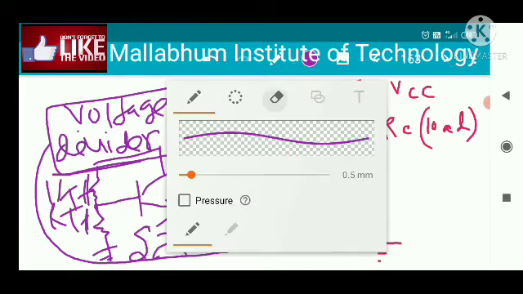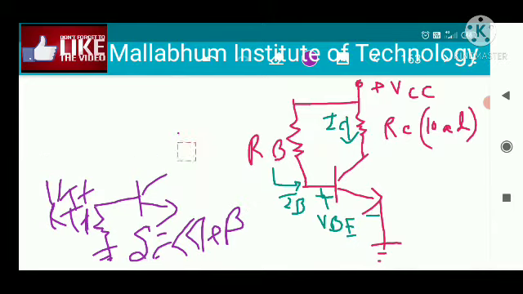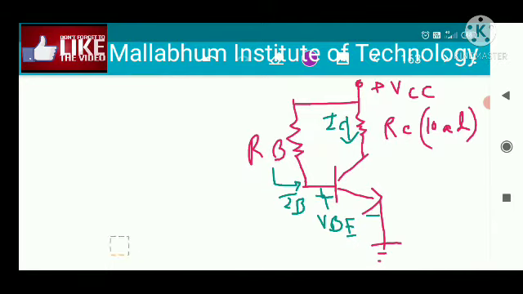Now today we will discuss one more circuit, that is called the collector to base bias. Now for the collector to base configuration, you can see the circuit configuration from here. That means in the case of the collector to base bias, this current is actually IC, and whatever IB is flowing across this, this is your IB flowing.